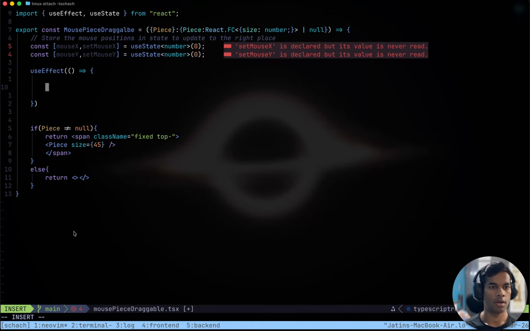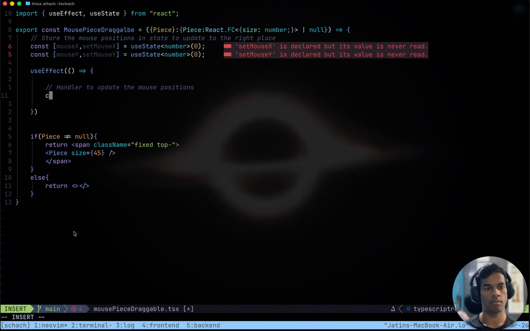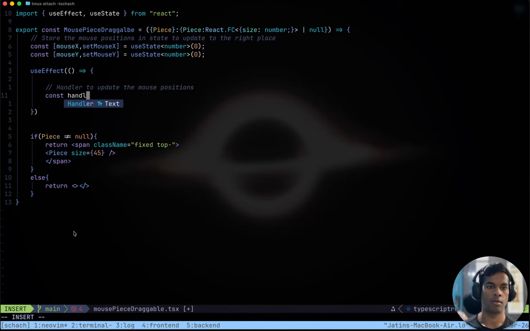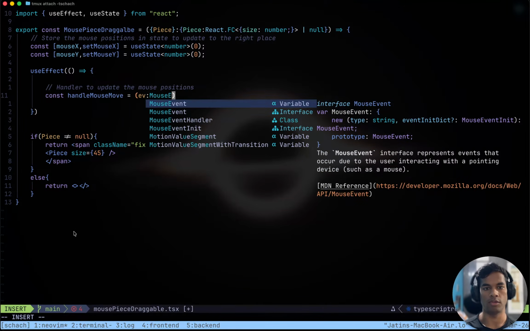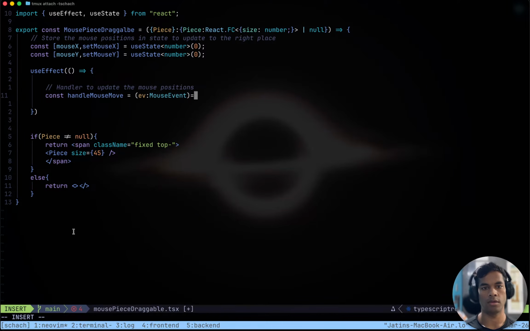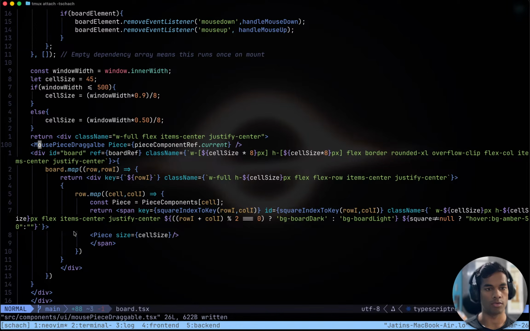Yep. And then here, a handler to update the mouse positions. Handle mouse move is a function that takes an ev with mouse event. And how do we get the mouse position?